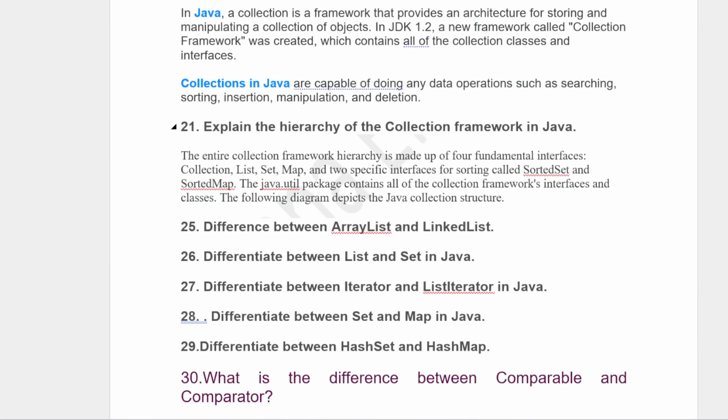So the next important question is: what is the difference between ArrayList and LinkedList? Everyone knows that ArrayList internally uses an array. For searching, ArrayList is very fast compared to LinkedList.